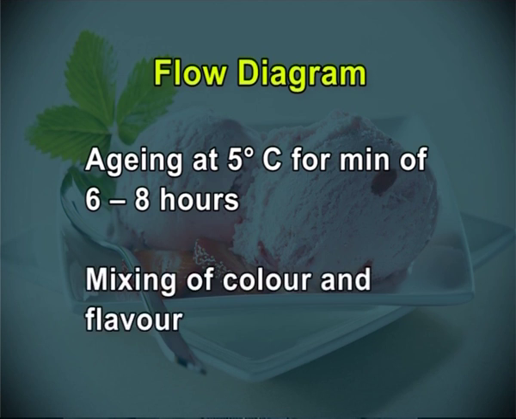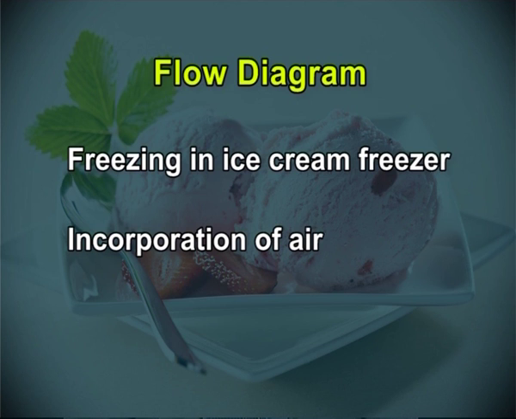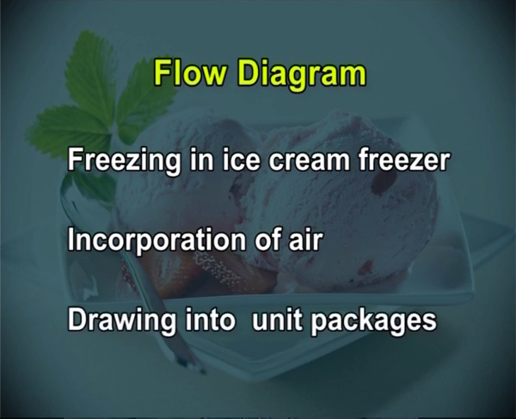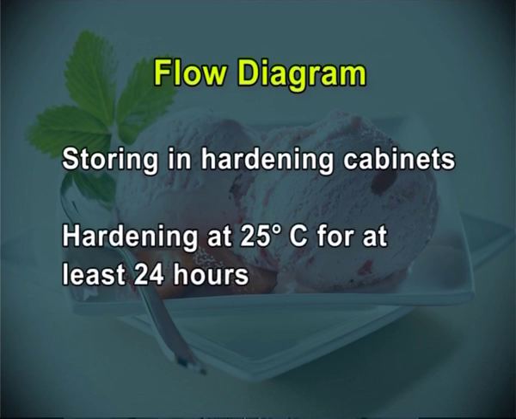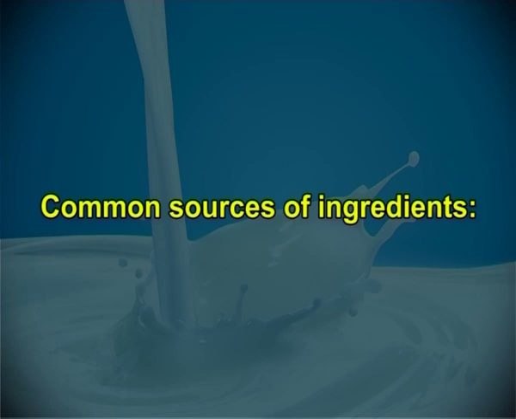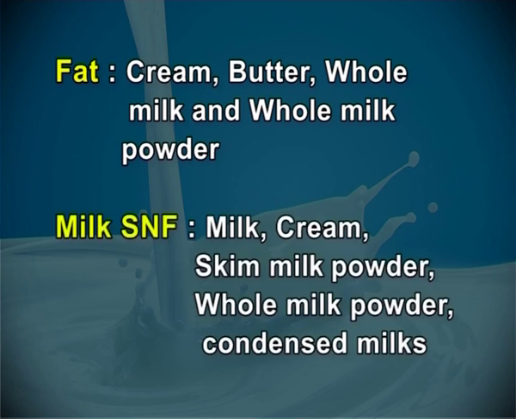Mixing of color and flavor. Freezing in ice cream freezer. Incorporation of air. Drawing into unit packages. Storing in hardening cabinets. Hardening at minus 25 degrees centigrade for at least 24 hours. Distribution. Common sources of ingredients: fat: cream, butter, whole milk and whole milk powder; milk SNF: milk, cream, skim milk